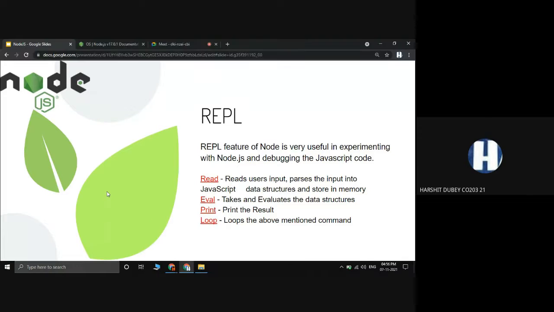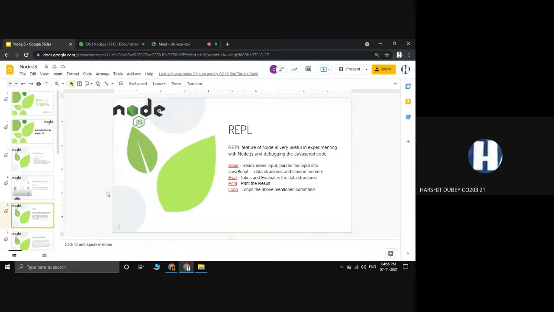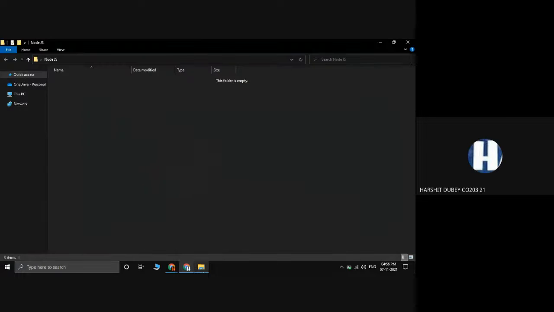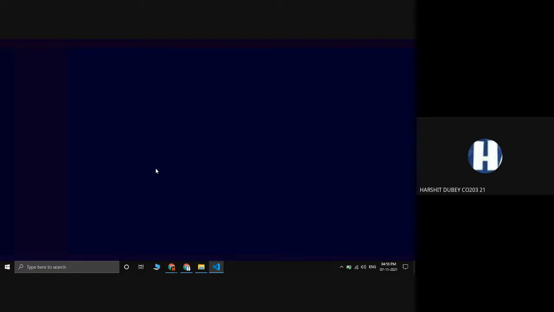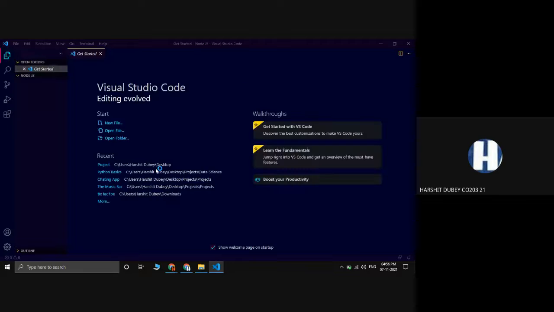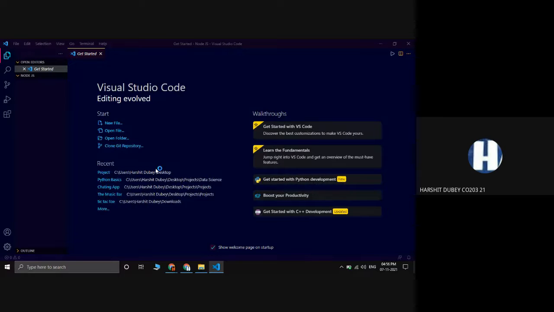So let's not get confused in the theoretical part. I would like to take you to the text editor. I've already created a file with the name Node.js. Now let me open it with VS Code. I would prefer using VS Code. You guys can use anything like Sublime Text or any other text code editor. So let me create a file